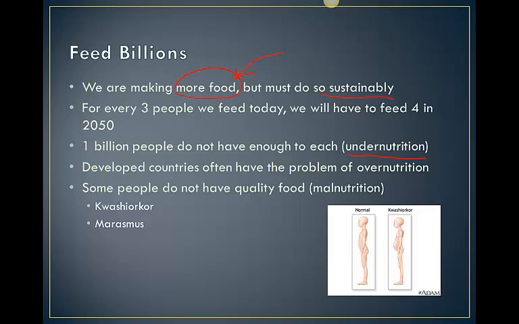And about 1 billion people on the planet, of our roughly 7 billion people, don't have enough food to eat. This is mostly a problem in the developing world. But there are still people in the United States that don't have enough food to eat. In fact, the USDA, United States Department of Agriculture, has a policy they're working on right now towards what they call food security.